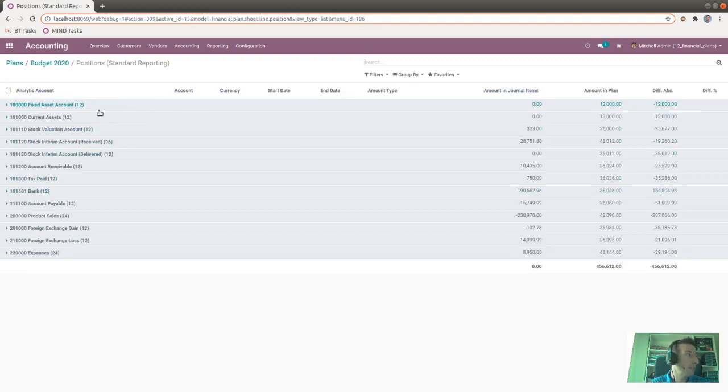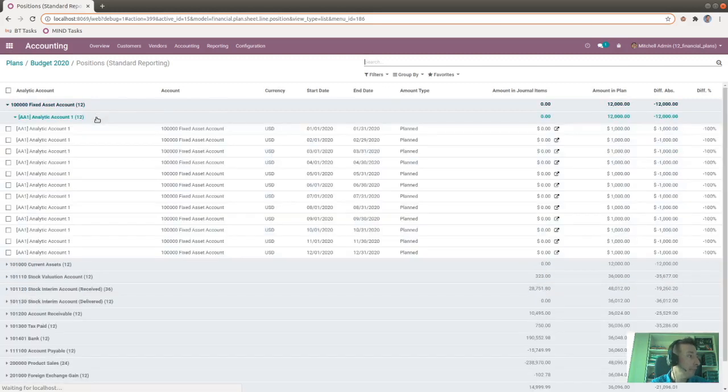Here we have a specific grouping applied that, of course, we can change if we want. And we have financial accounts first and analytic accounts second. And here we can see the values that we have. Amount in plan, 1000s, and amount in journal items. In this case, we don't have journal items for these cases, so obviously the difference is 100%.